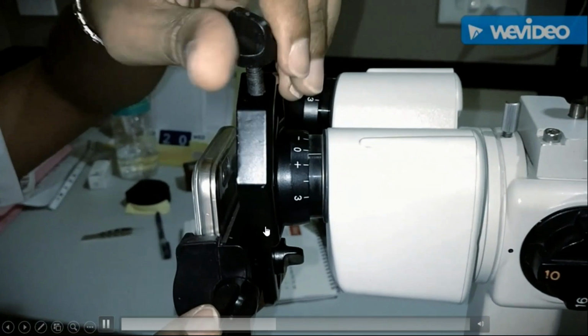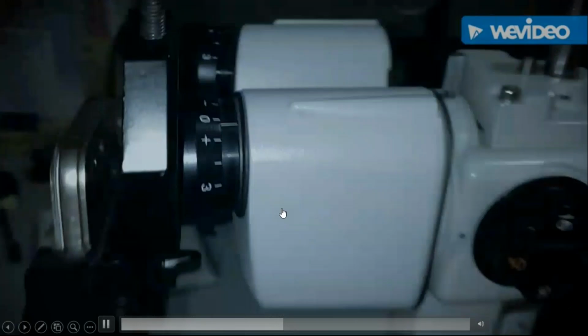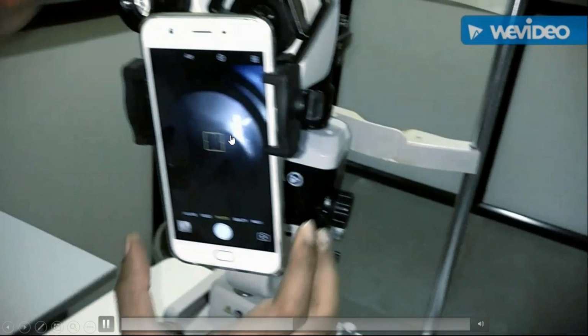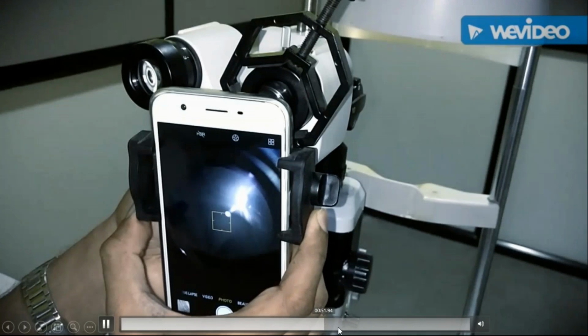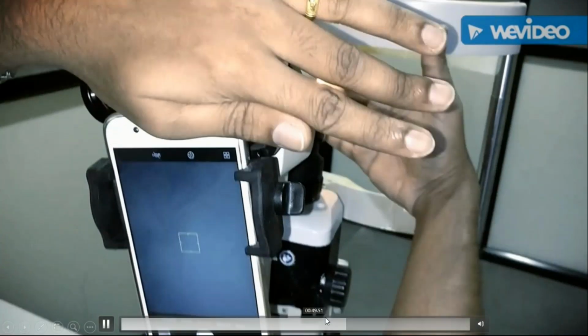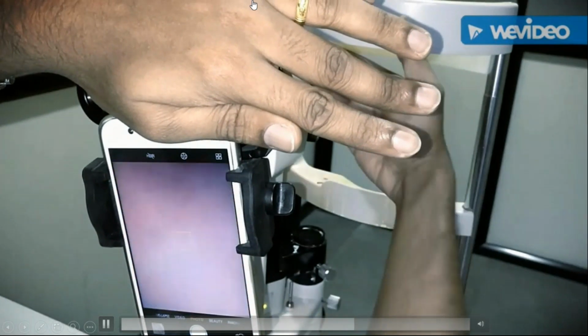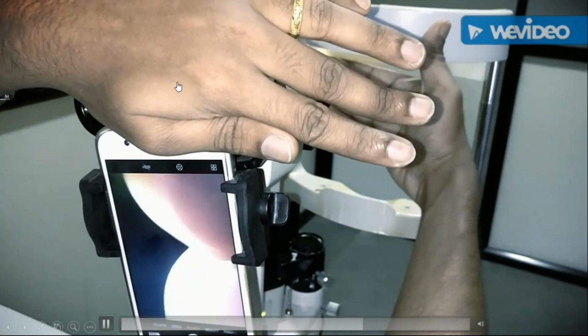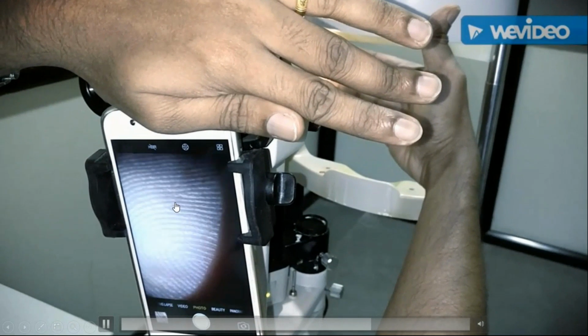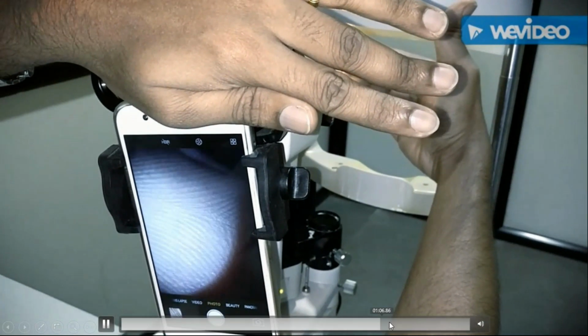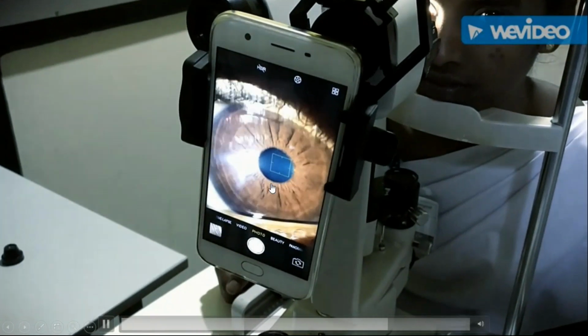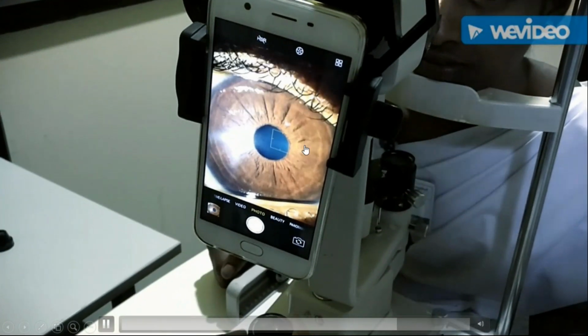and fix the entire thing onto the eyepiece of the slit lamp, and then you can get a view through the slit lamp. So if you turn off the room lights, you will get less glare. I'm covering the top of the eyepiece because there was some glare in low light. So if you turn off the room lights, you get a better image. And this is with the patient.